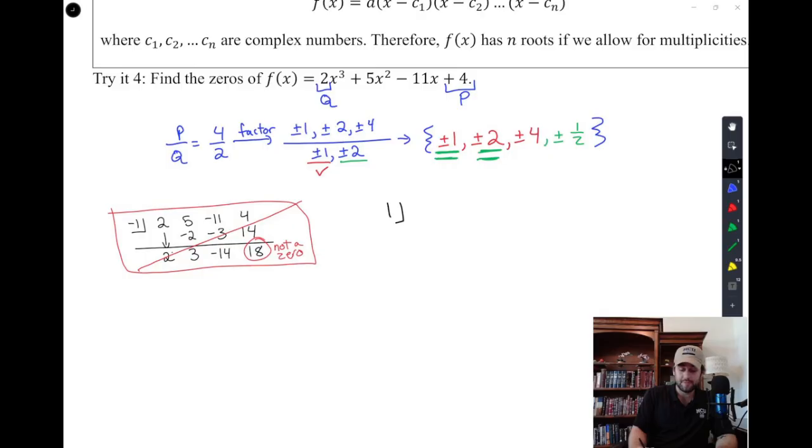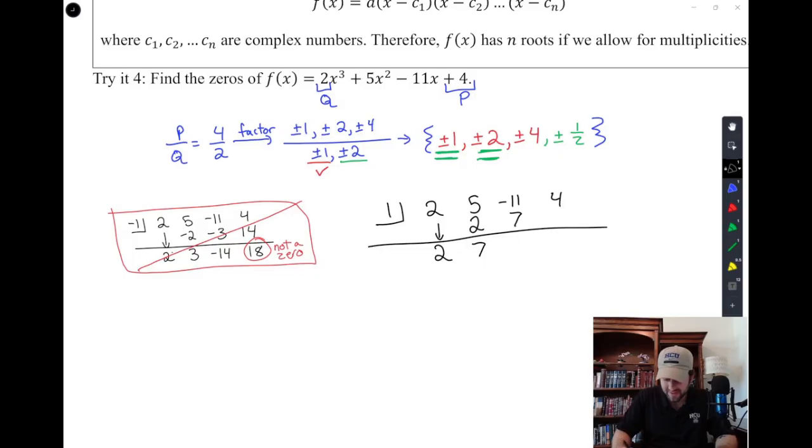We'll try 1 backwards. 2, 5, -11, and 4. Drop down the 2. Draw a line. 2 times 1 is 2. 5 plus 2 is 7. 7 times 1 is 7. 7 plus a -11 is a -4. -4 times 1 is -4. And if you add those last two numbers, you get 0. This means that x equals 1 is a 0, which means that,